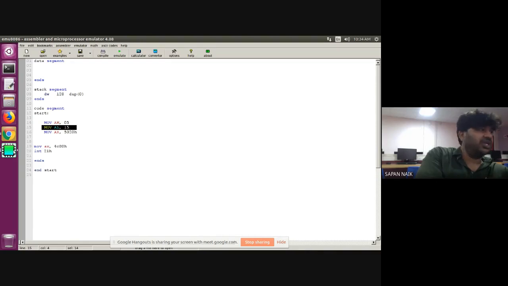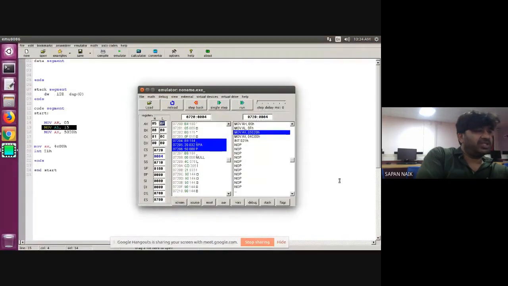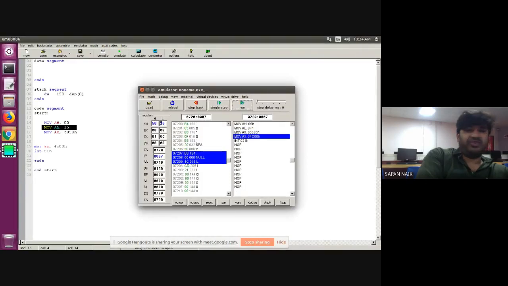If you convert the decimal number into the hexadecimal numbering system, it is F. Whatever numbers you are seeing on this screen are all in hexadecimal. So that's why this is F, the conversion of 15. And when I do the next step, 5020, why is it not converted into hex? Because it is already a hex number, 5020 hex.